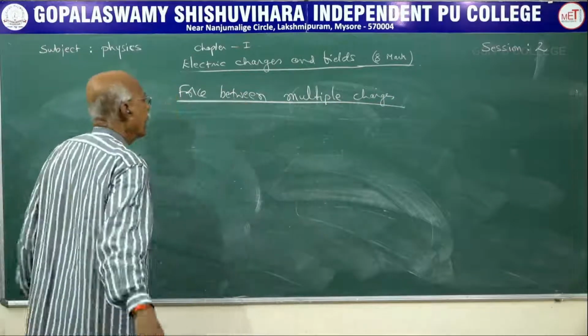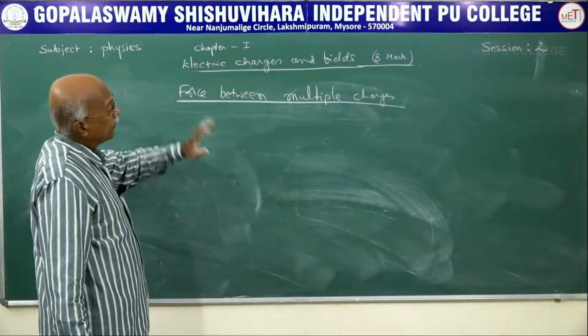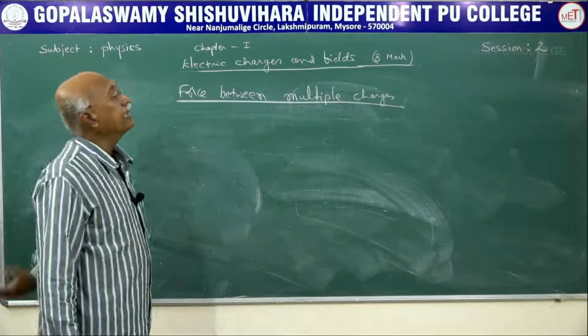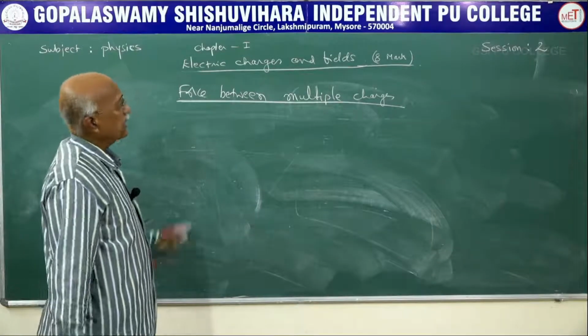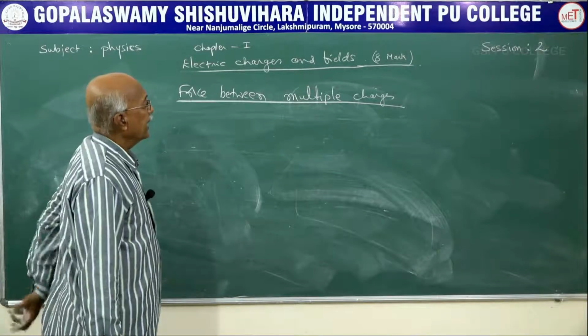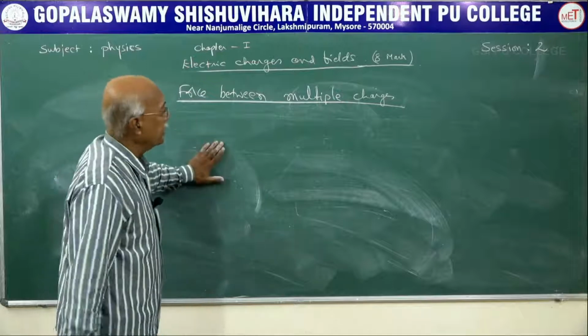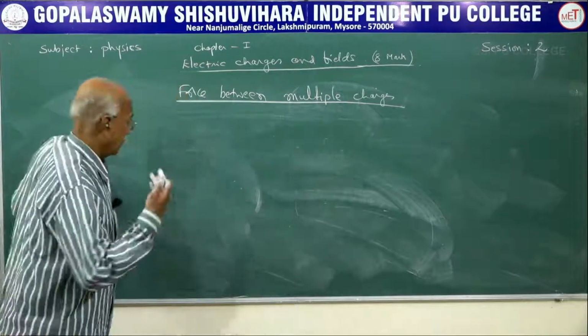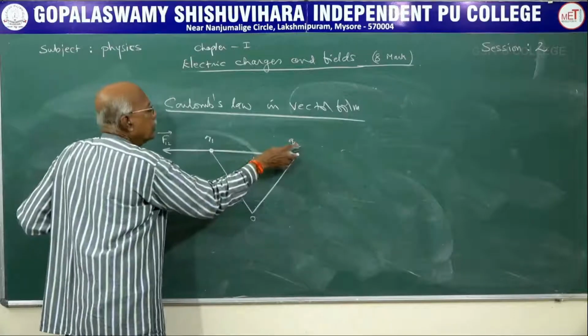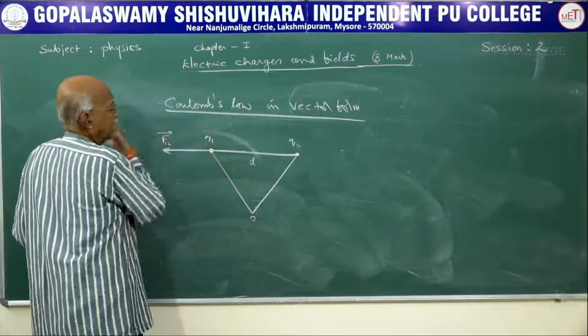So all this time when we applied Coulomb's law, we thought that there are only 2 charges available and all the calculations were done. No, instead of 2 charges, we can have 3 charges, 4 charges, n charges. In all those cases, how the equation reduces and what the resultant force value is, that we will calculate.